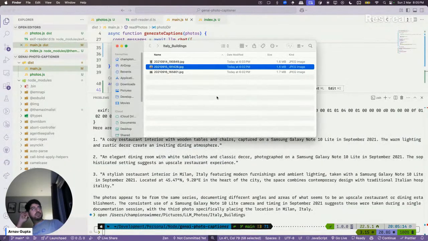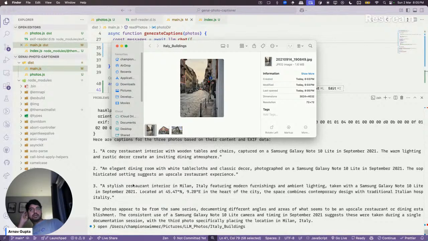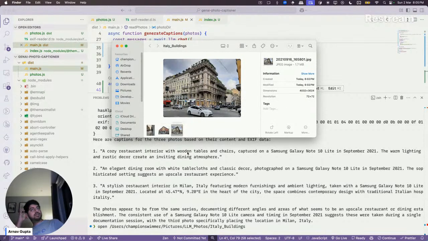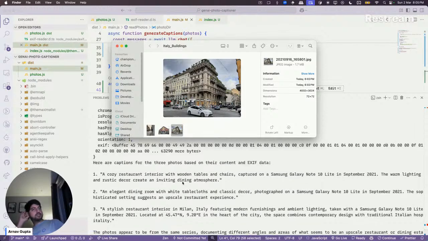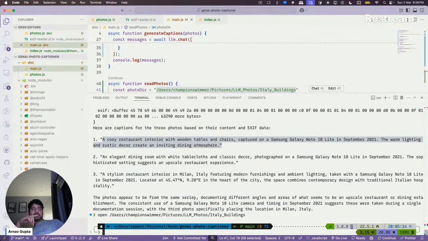Sorry, let me do one thing. I will just view it as gallery. Yeah. Cozy restaurant interior. This is not correct, it seems. Oh, it has actually taken the EXIF data, but it has not taken the photos themselves. Interesting. This is all hallucinated stuff. It has definitely not taken that.